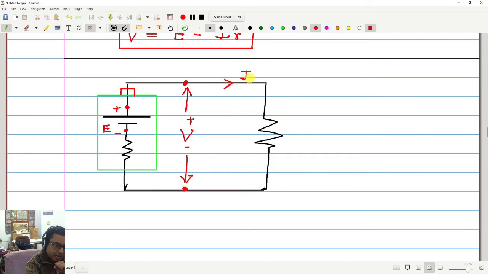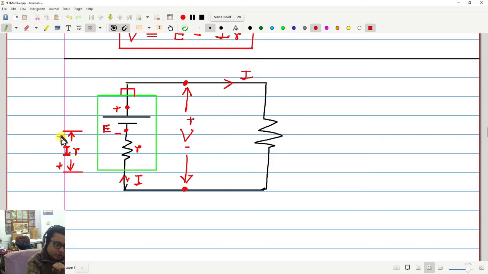And then this current is I, this resistance is R, same current I is flowing from bottom to top. Therefore, from here to here, we will have a voltage drop, which is R times I. And which side will be plus? Lower side will be plus, because current is flowing from bottom to top. So the bottom side will be plus compared to the upper side.